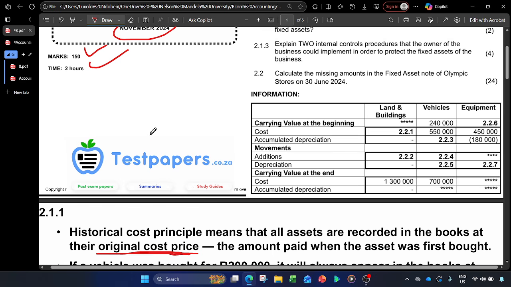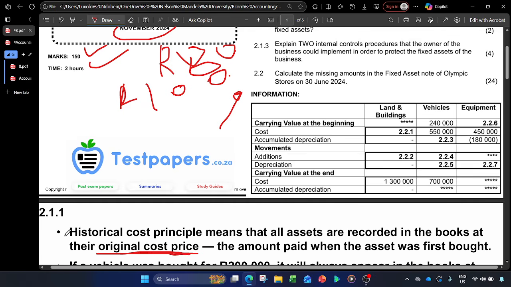Let's say, for example, now we're going to describe how it is relevant to fixed assets, right? Let's say we bought a machinery, and this machinery costs us 100 rand, right? So now this machinery depreciated by 20 rand during the year, and the accumulated depreciation would be 20 rand, and the carrying value would be 100 minus 20, which is 80 rand. And the question asks you, what is the cost of this asset? So are you going to say it is 80 rand, or are you going to say it is 100 rand, the one that you paid when you were buying the asset?